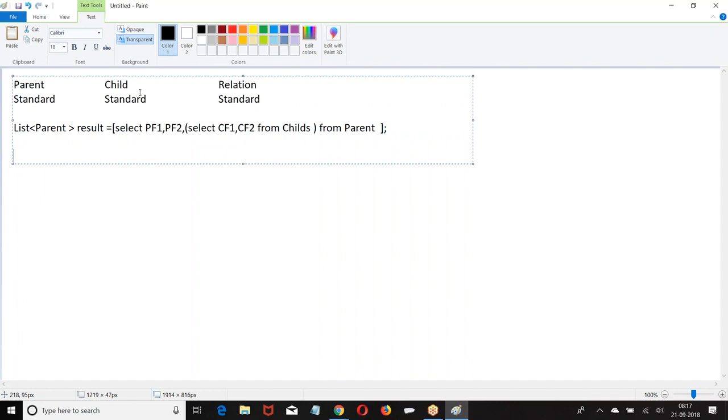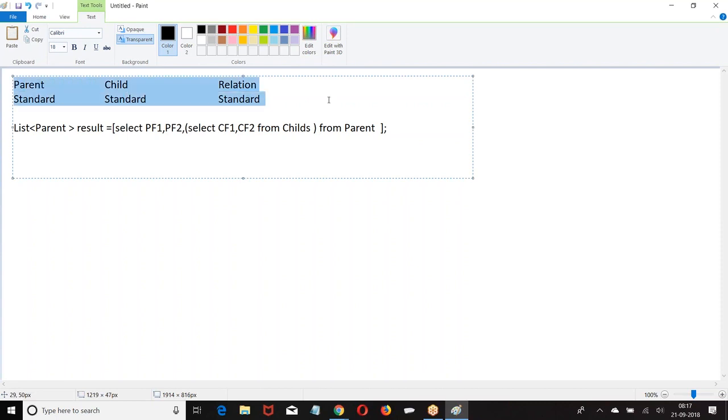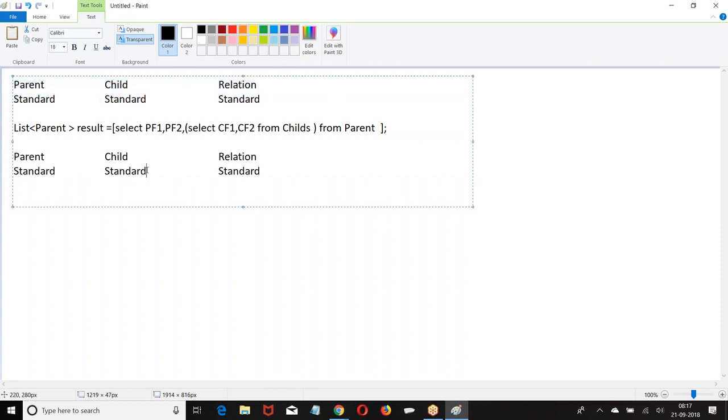So what happened? It is a child object followed by plural form. Next. Parent is a standard, child is a custom, relation is standard. Any possibility for us? This possibility is not.